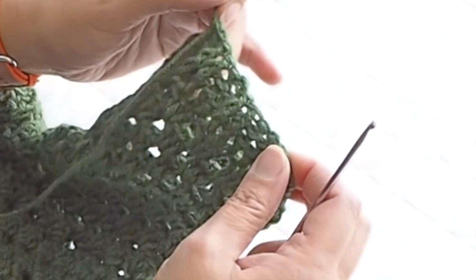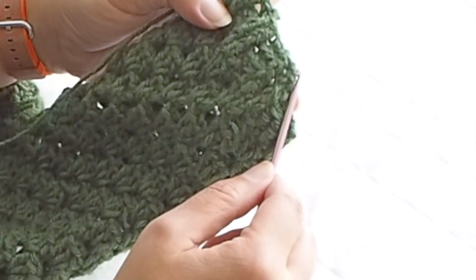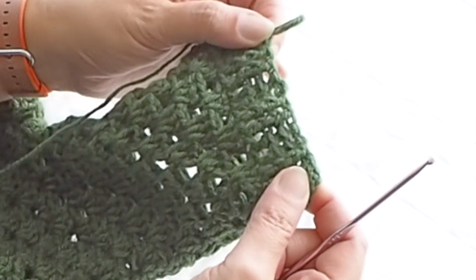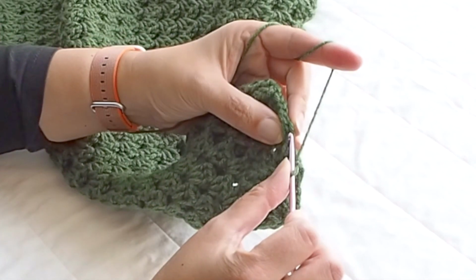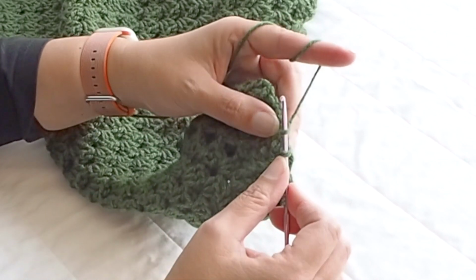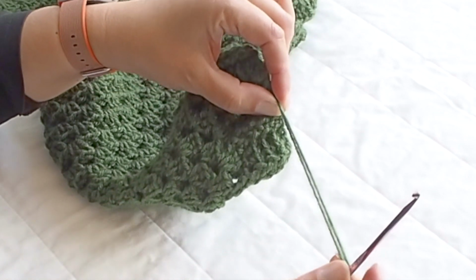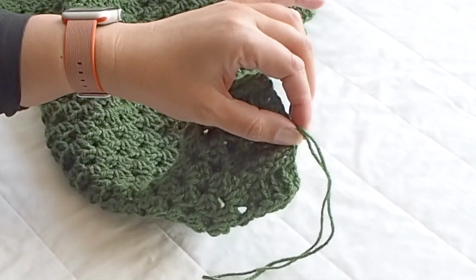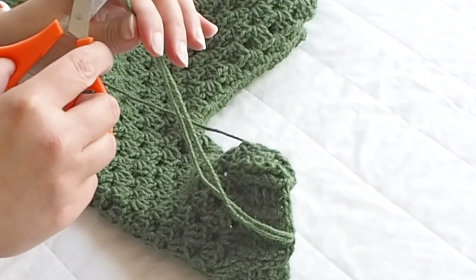Super. So look at my work. Easily speaking, there are 2 rows with 2 double crochet stitches front post and 2 double crochet stitches back post. I just closed the round with a slip stitch and the first sleeve is finished. So we can cut the yarn